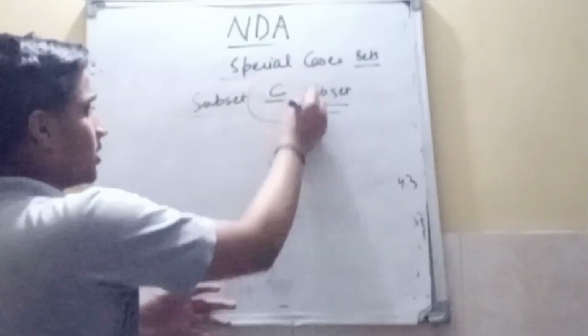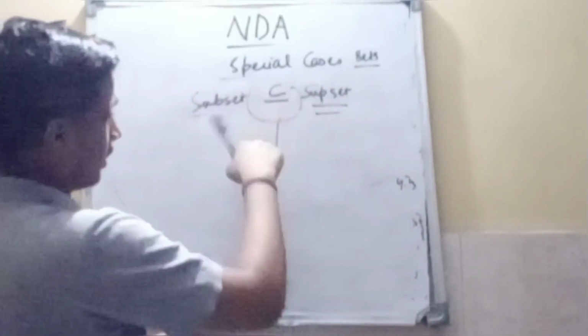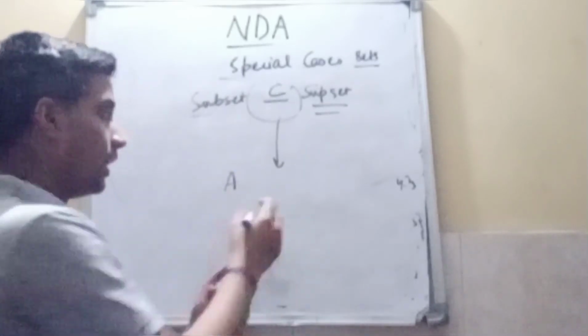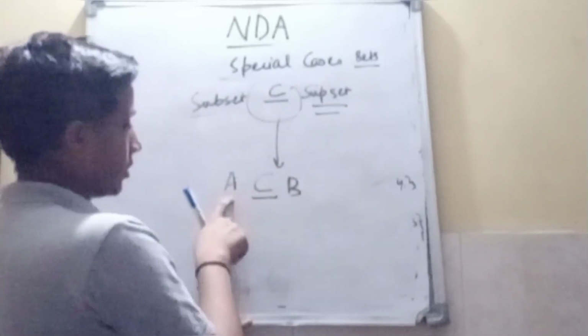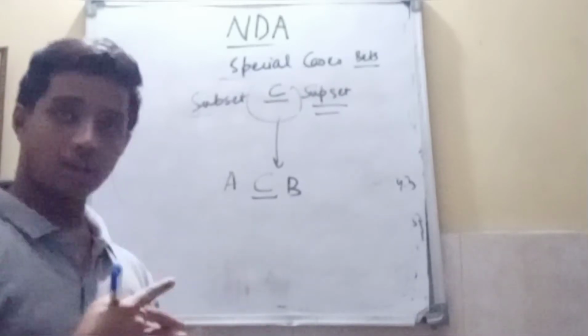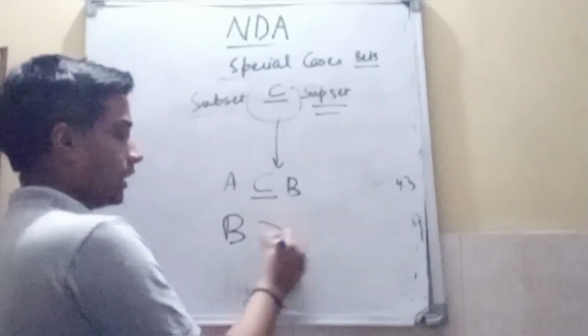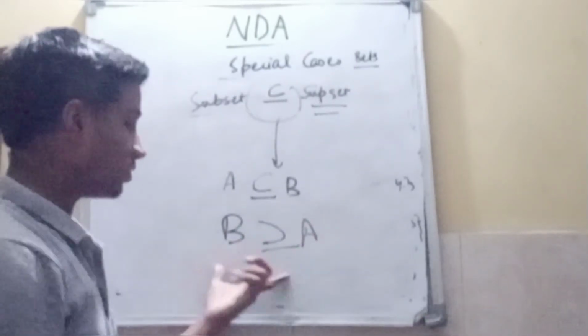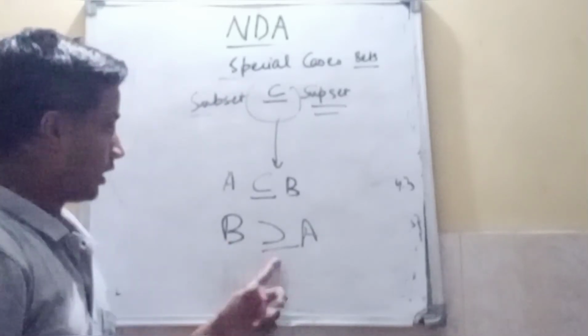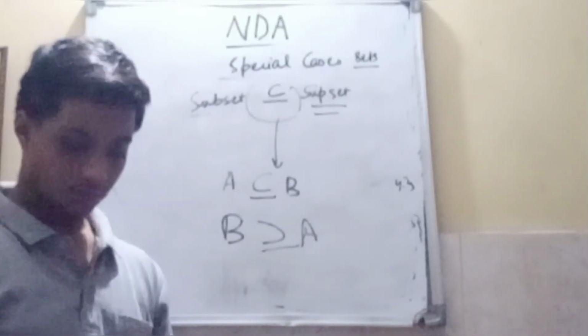This is the symbol that we write. Subset is always less. For example, in the previous case, A was the subset of B. You can also write B is greater than. This is known as B is the superset of A. Vice versa is also true.